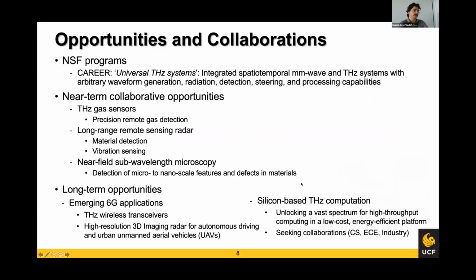And I believe there's a lot of potential for near-term collaborations on different technologies that we can build with these terahertz chips. Currently, I'm focusing on my NSF CAREER proposal to build a universal terahertz system that has rapid reconfigurability of arbitrary waveforms, where one of the potential applications is terahertz computation. The near-term collaborative opportunities that I think of are that we can build terahertz gas sensors for precision remote gas detection. We can also build long-range remote sensing radars for material detection, vibration sensing,